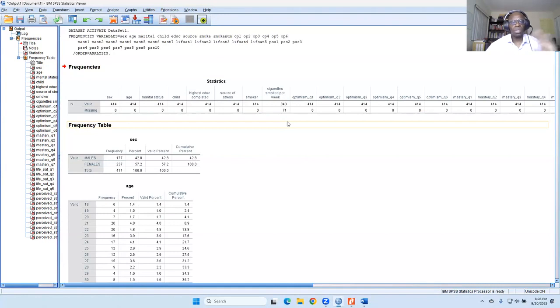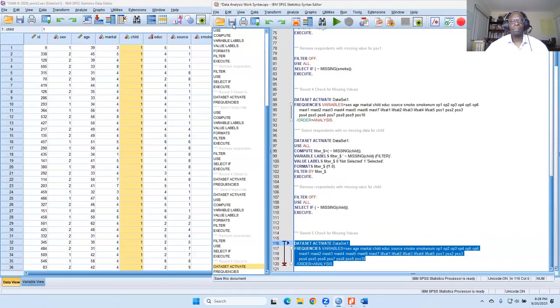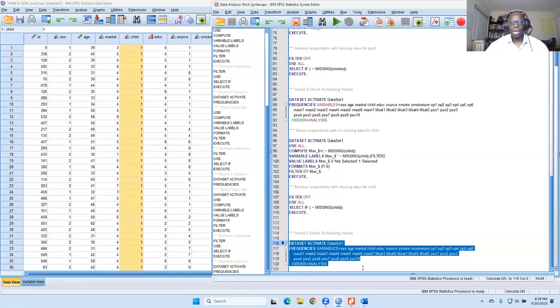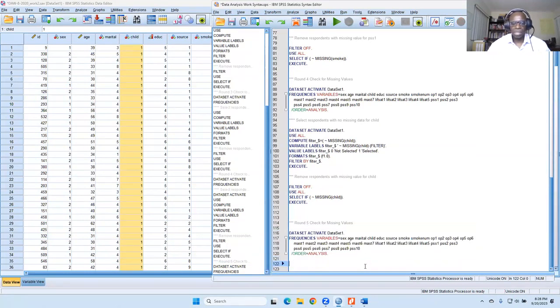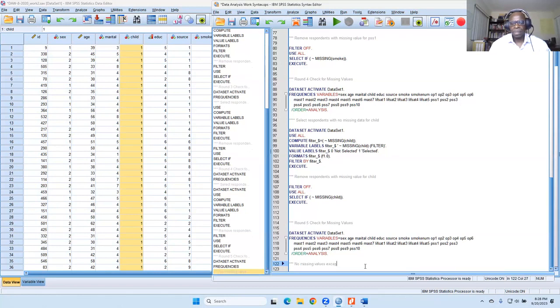Except for the conditional, which is fine, all right? So now we can go back here, and we just leave a note to ourselves. No missing values except the conditional question.